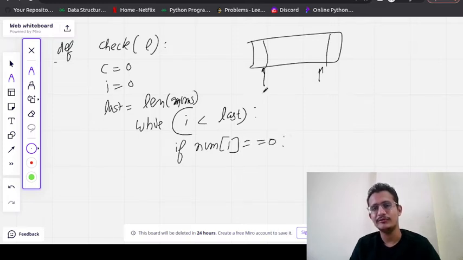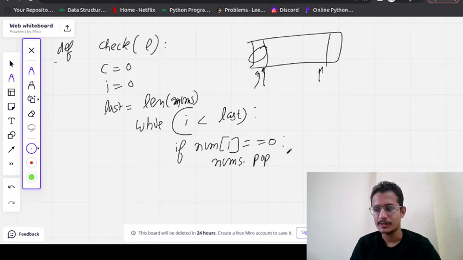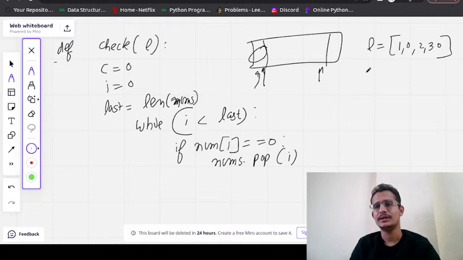If we get the 0, we will pop this element: nums dot pop I. Initially we have the list like this, 1 0 2 3 0. Now the list will become 1 2 3 0.